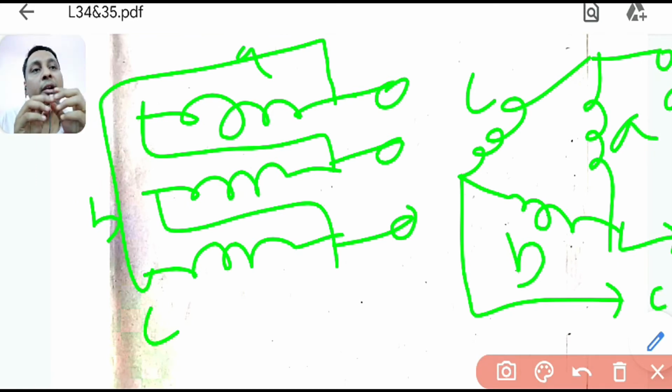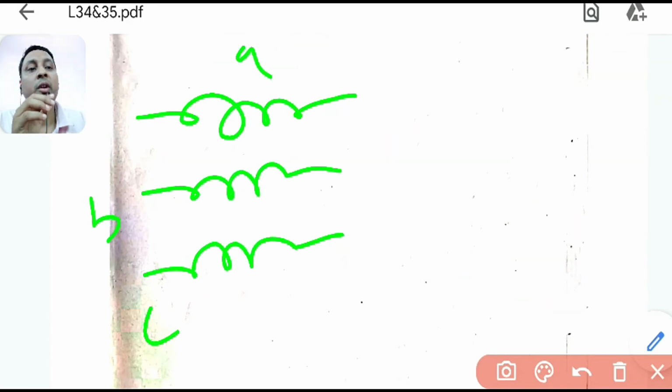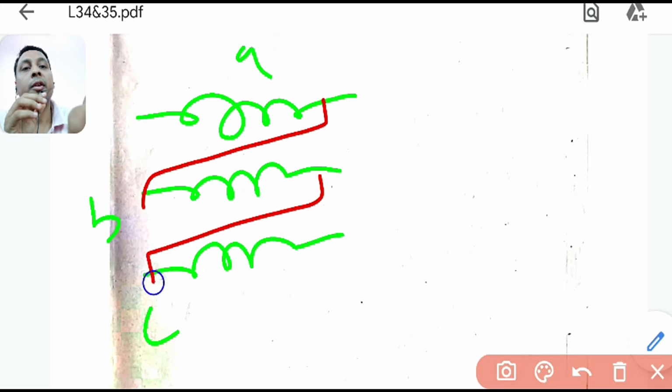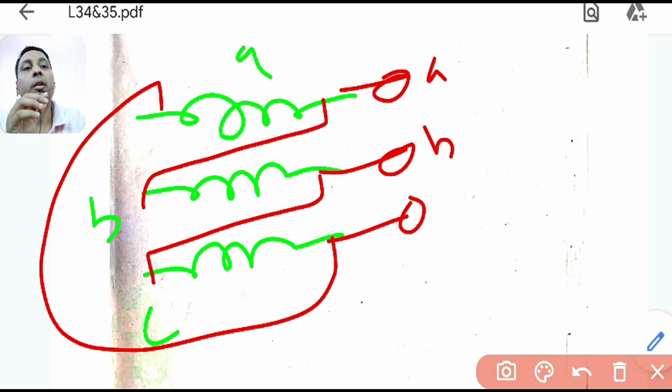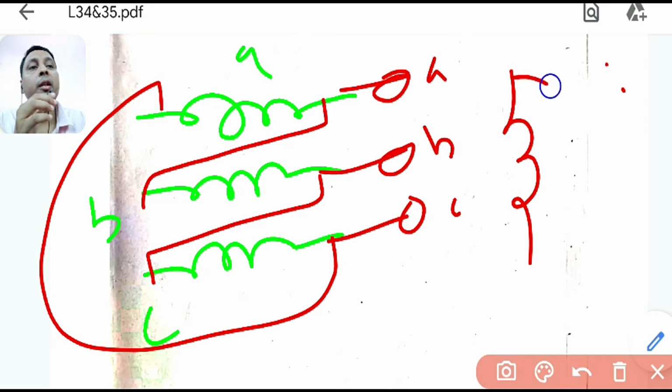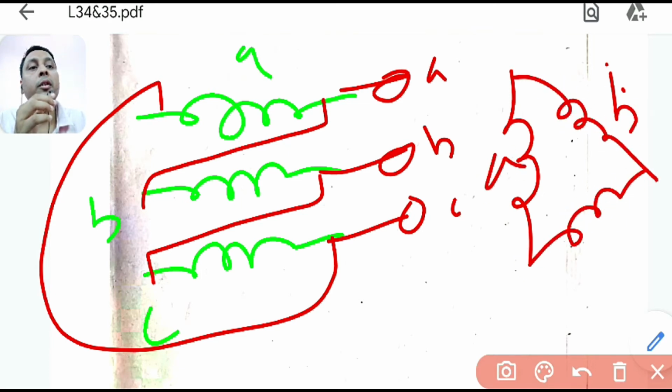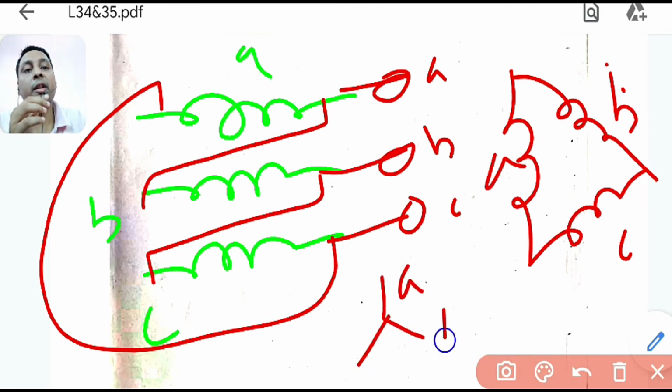Now if we connect it the reverse way, how will I show it? Suppose I connect it in this way, this, and this, and this is my A, this is my B, this is my C. You can do it, but this is not standard packaging. Now how will it be? Now it will be your A, then your B, then your C. You can see B was in this shape. This was your star connection. So it was A, then B, then C.